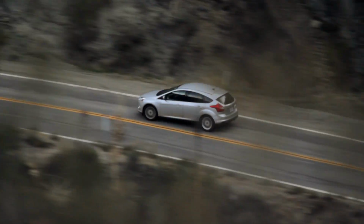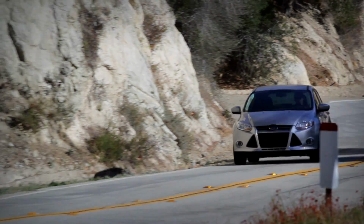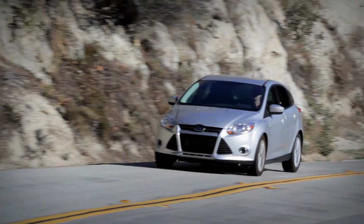The reason Todd and I like doing these comparisons back to back is because we jump out of one car right into the next, and the differences are immediately apparent. And let's be honest, if you jumped into a Radio Flyer wagon right out of the Subaru, it would handle better. But in the Focus...